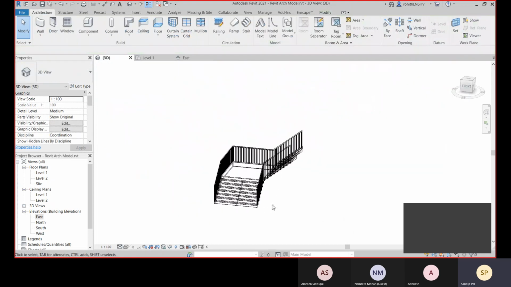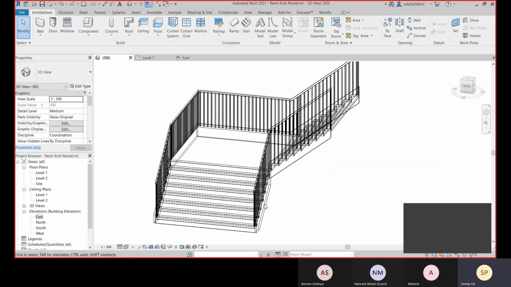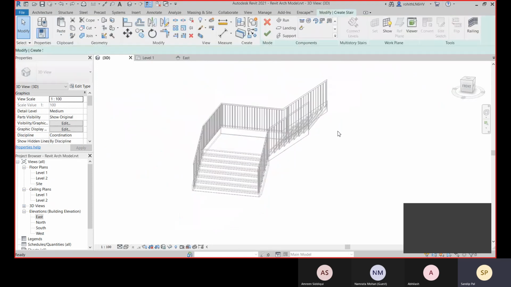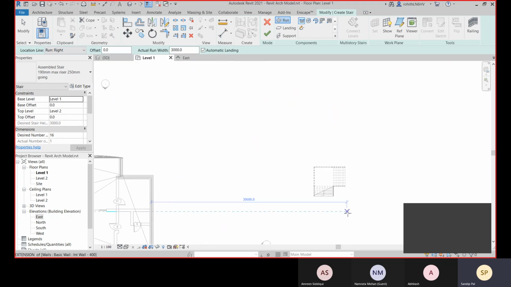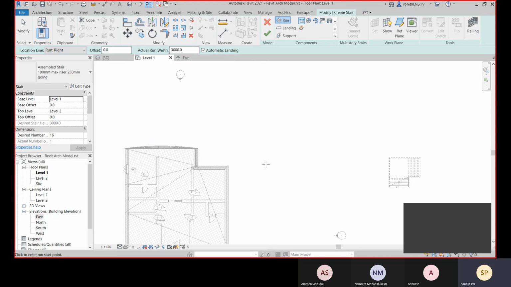Now again go to stair. Now you know how you can simply create these with the already defined shapes, like full step spiral, center end spiral. So for this you can go to level 1, and there also you can make it this way.